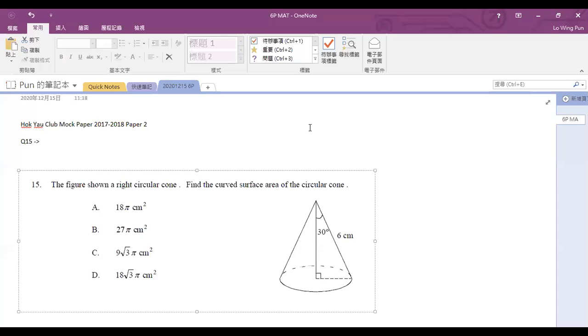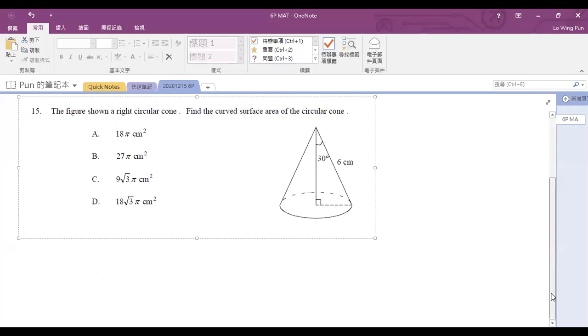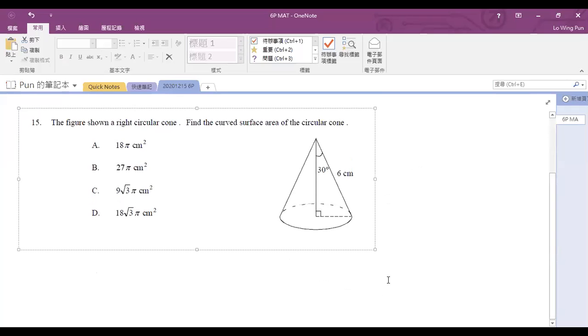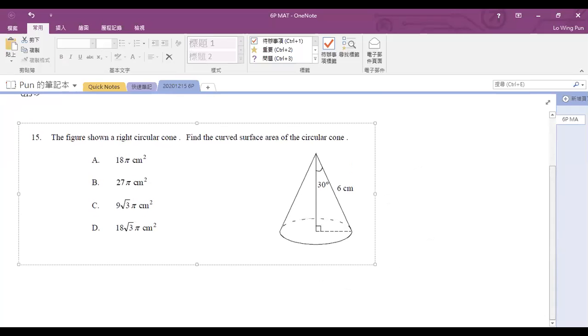So we will continue to talk about the Hawk Yale Club mock paper 2017 to 2018 paper 2. We stopped at question number 14 yesterday, and we will start from question number 15 today. I will keep talking, and if you have any problems, just stop me and I will explain in more detail. 唔好介意，即係停我啊，得唔得？OK，如果唔係嘅話，我就即係總之而家就係等，希望係解到你哋明嘅啫，得唔得？